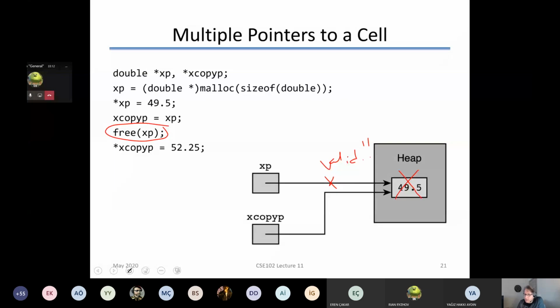Even though it's not going to change xp's value, since I do this, I usually do something like this afterwards. I say, okay, this is null. Now xp is pointing to 0. I know that I will check if it is pointing to 0, and I'm going to say, okay, don't use it. But if I do this one,